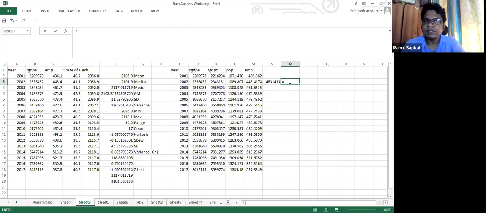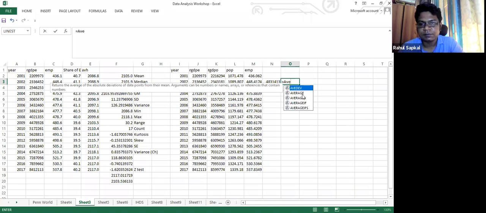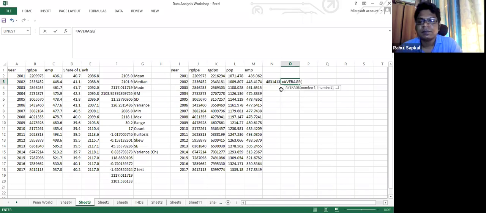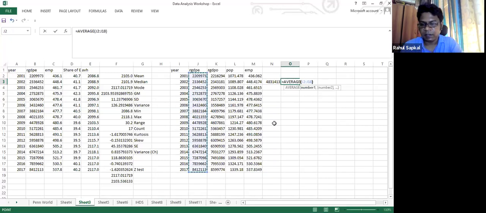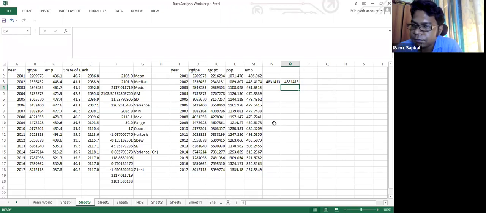Another one, because it has an inbuilt function, you can put mean, or maybe average. It will ask you number one. You can put number one and click bracket close. Okay, so this has become my mean.